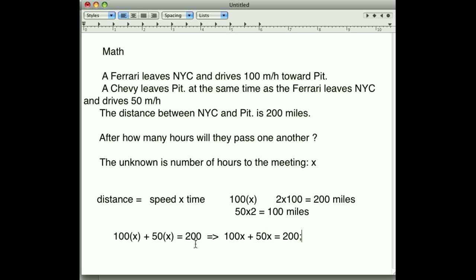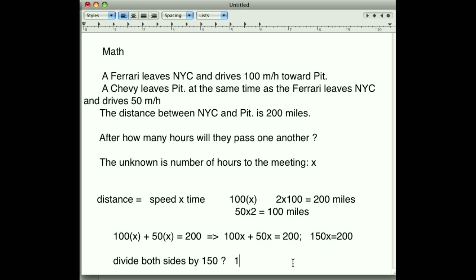So 100x plus 50x is 150x, straight addition. And that equals 200. So now we use rule number 2 of the equations, and we divide both sides by 150. Why do we divide by 150? Because we want to isolate x. In order to have x alone here, if we divide this by 150,